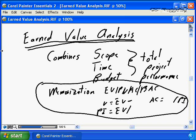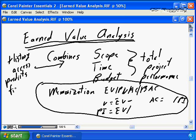Earned value uses the history to assess the project, your total project performance, and it predicts where the project will finish. Whether it's going to be on time, on budget, how much it's going to be under, or how much it's going to be over. Earned value is probably the single most valuable tool you have in your project manager's toolkit,